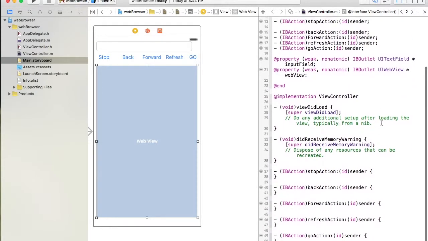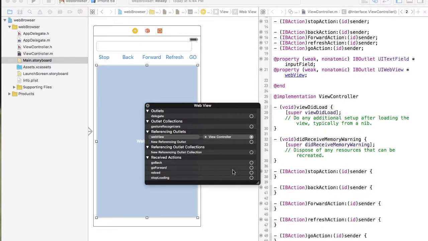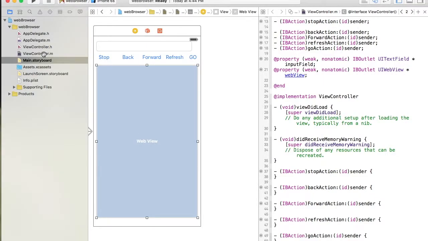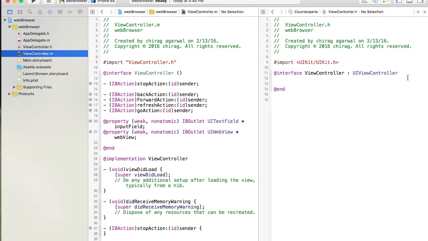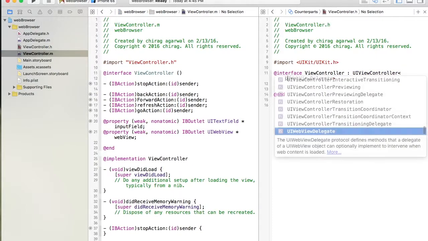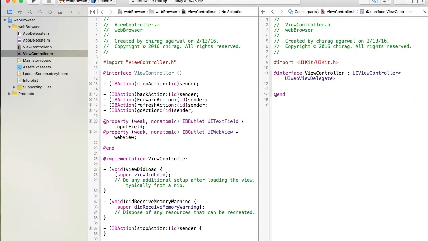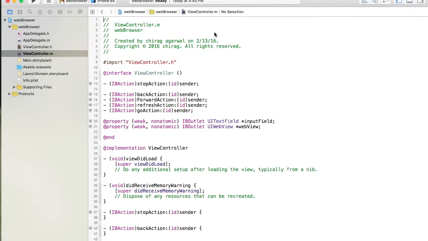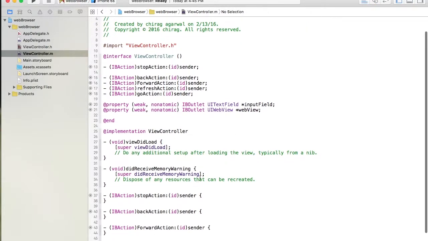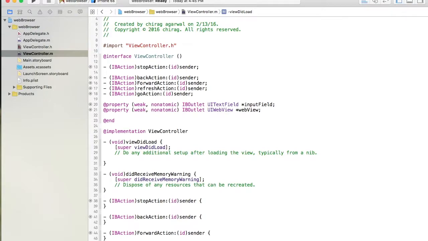Okay, so let's go inside the web view, and you have a delegate one. Let's set the delegate, and now let's also UI. This is a delegate protocol, the web view delegate. Okay, now let's go inside this file, and then let's start with